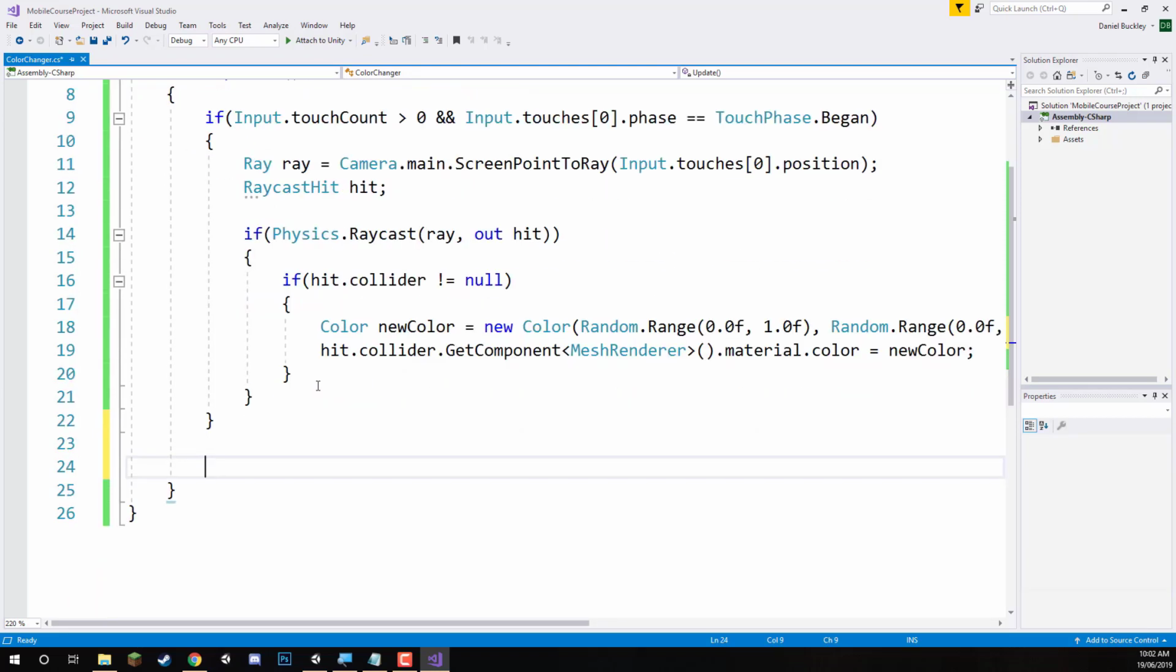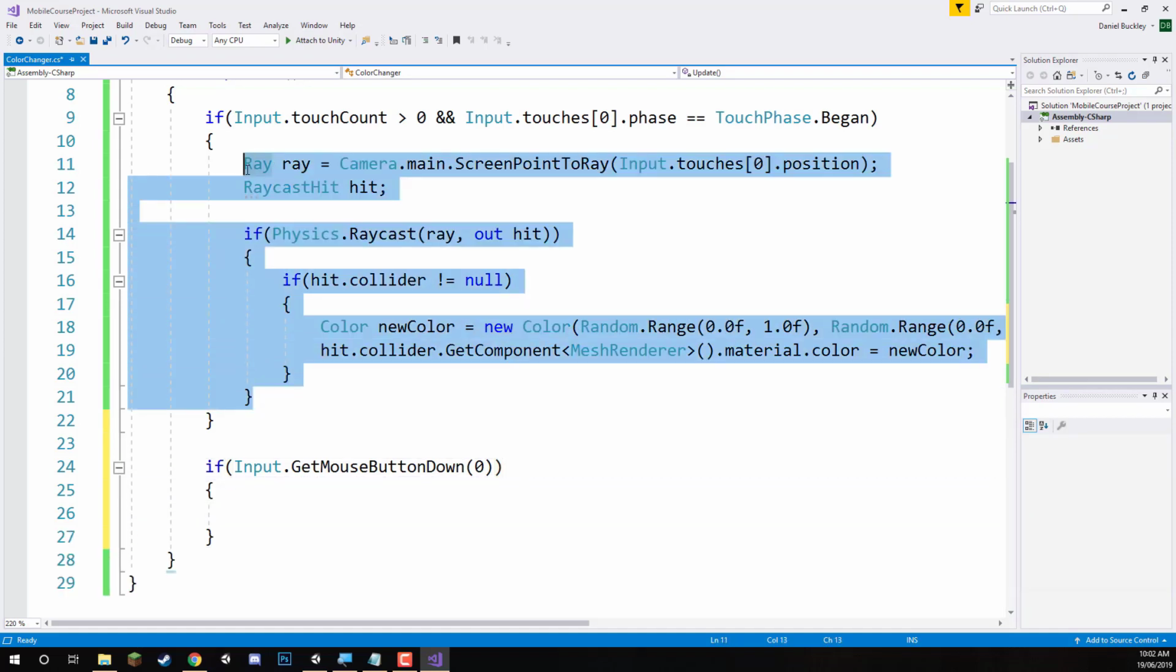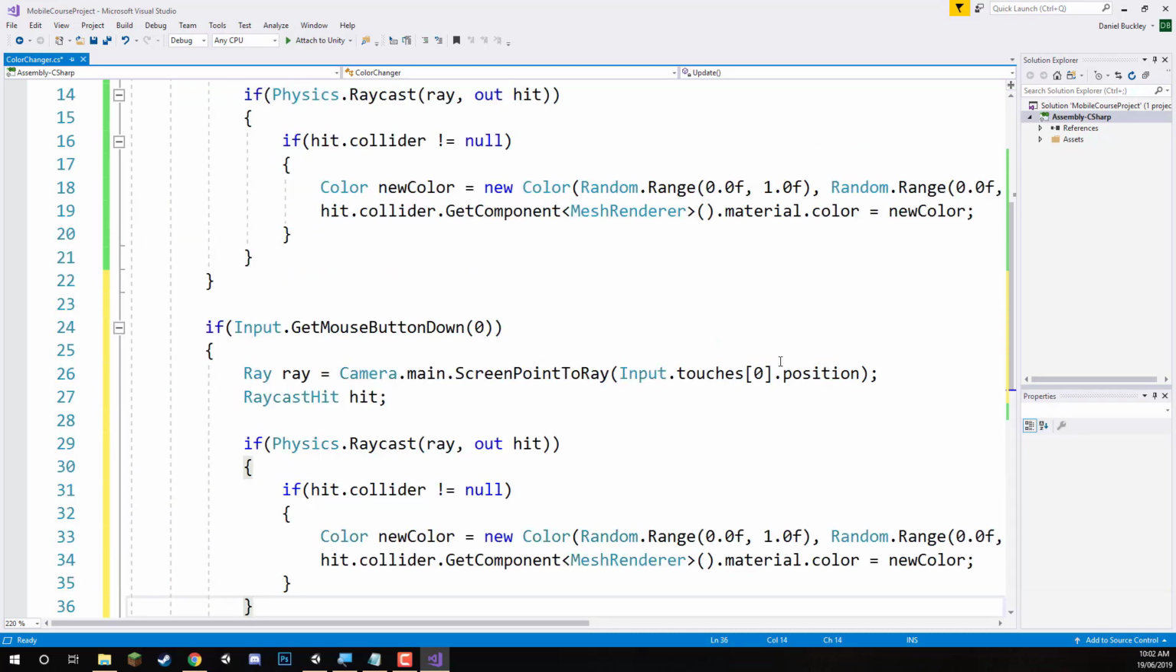So here we'll just go if input.GetMouseButtonDown, if the mouse button was 0, which is the left mouse button. So on the frame that we push our left mouse button down, we pretty much want to do exactly the same as we did up here. So I'll just copy this, paste it in here, and I just want to change